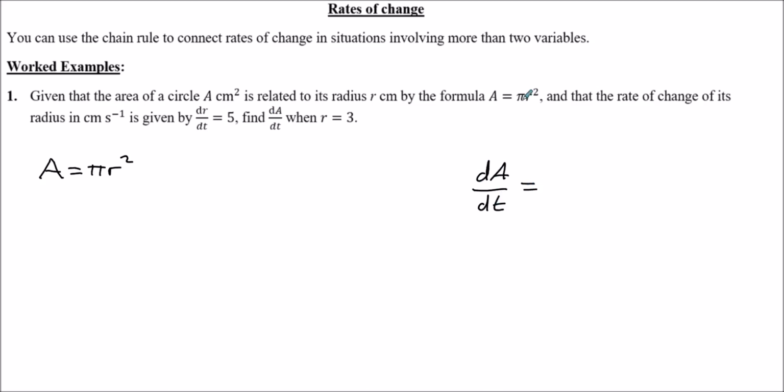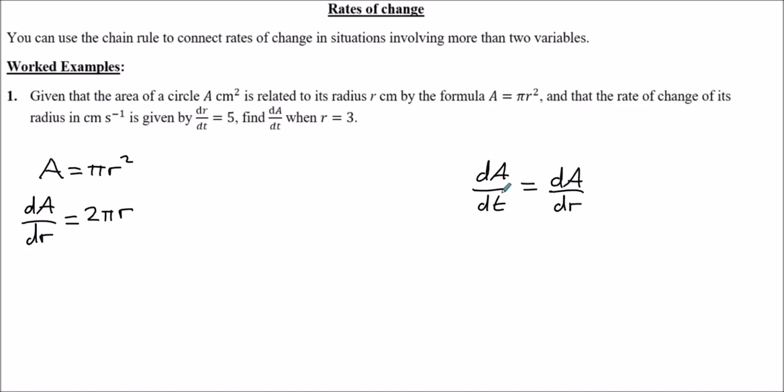So what I can do here, if I know the area, I can quite easily differentiate the area with respect to r. So I could find dA by dr. Pi is just a constant, differentiate r squared becomes 2r, so that's going to be 2 pi r. So maybe I can use that. Let's see if I can. Well, dA by dr,